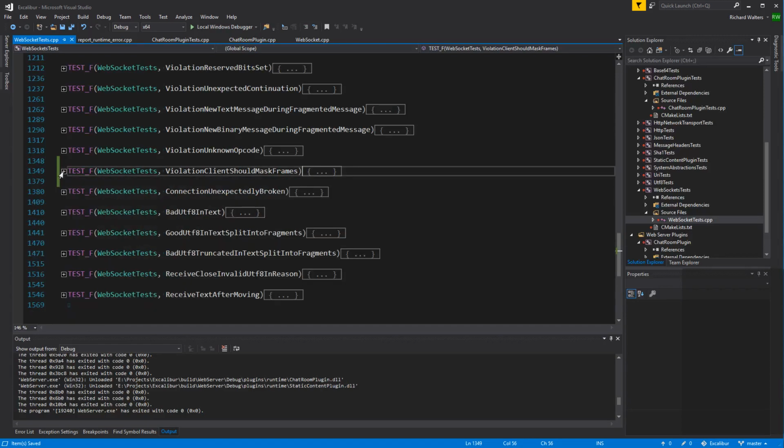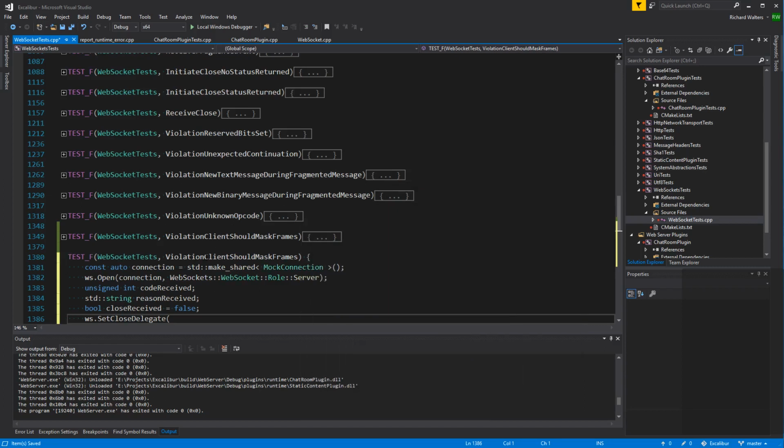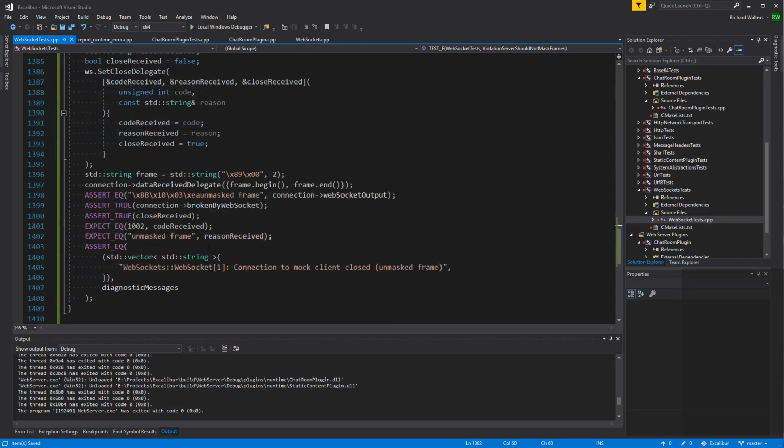And let's make another one called server should not mask frames. So then we're a client role, and let's say we receive a masked ping, like that.